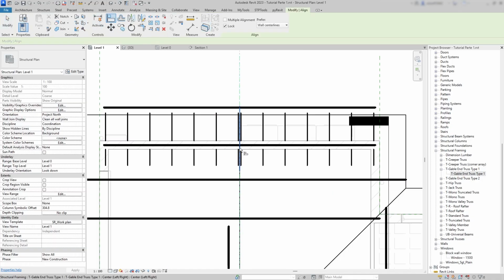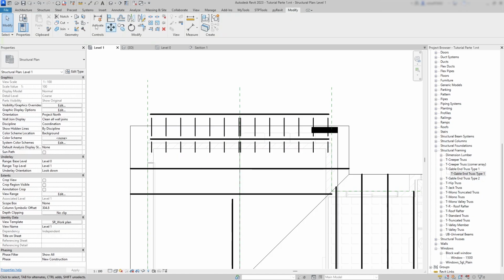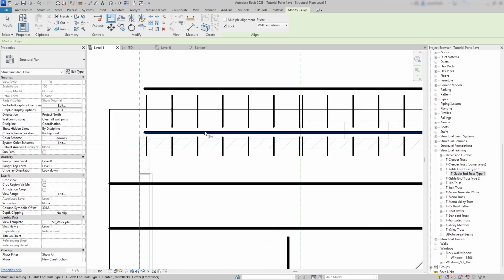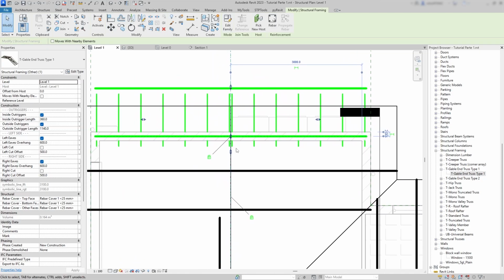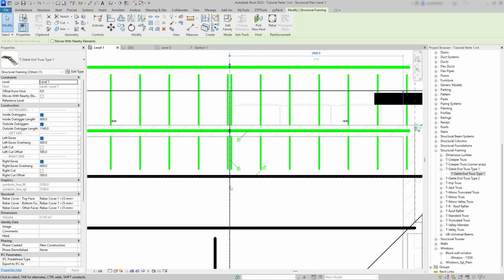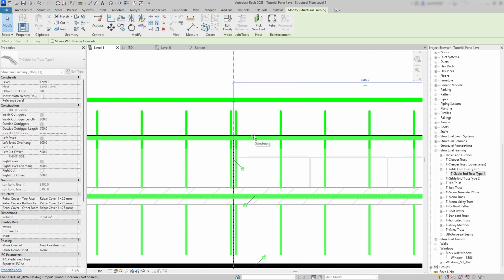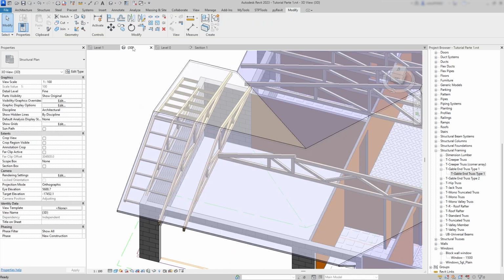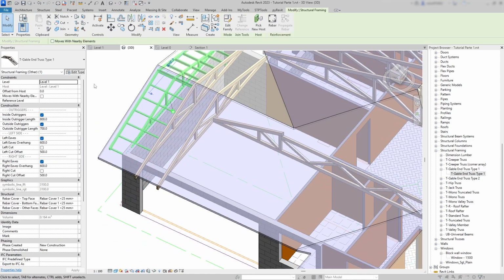To make sure the truss stays centered on the wall, I can align it and lock it so it doesn't move accidentally later on. In the same way we adjusted the truncated trusses in plan view, here we can also adjust these arrows to connect the outriggers to the adjacent truss on one side and control the overhang length on the opposite side. Then let's go back to the 3D view to see how everything is looking, and we can